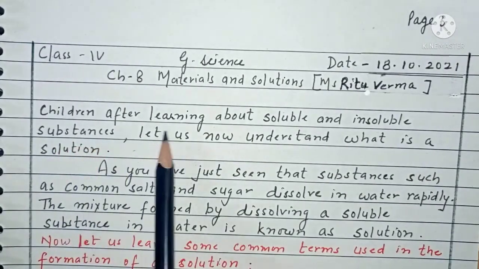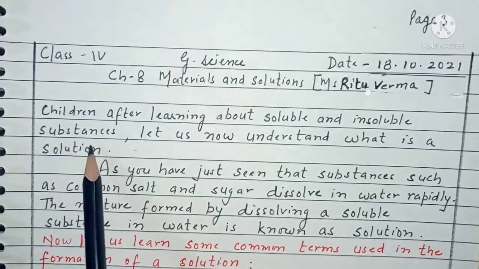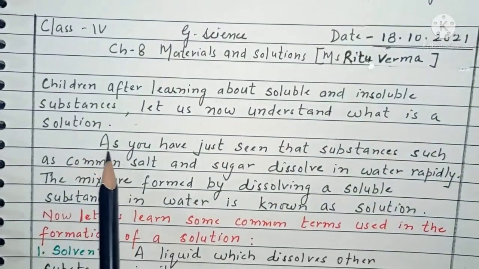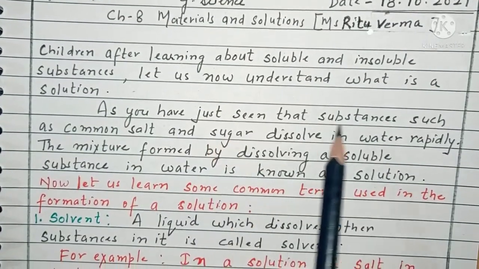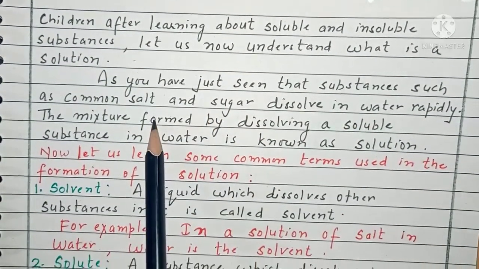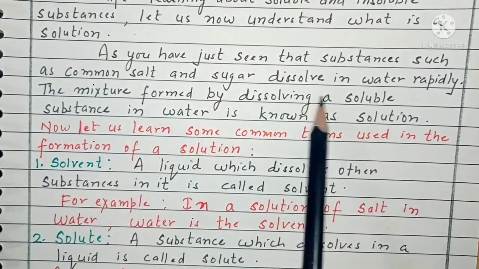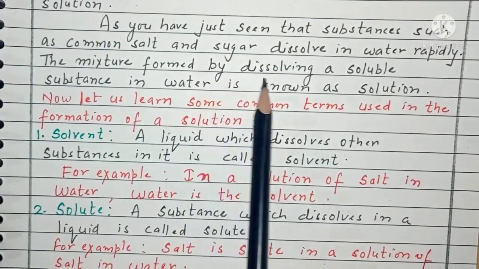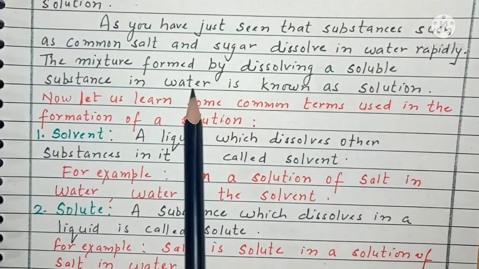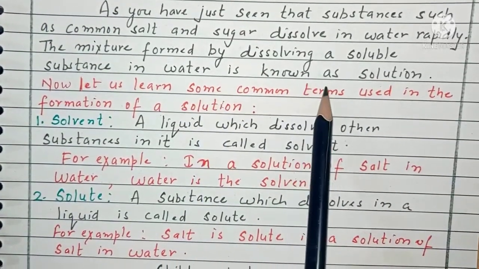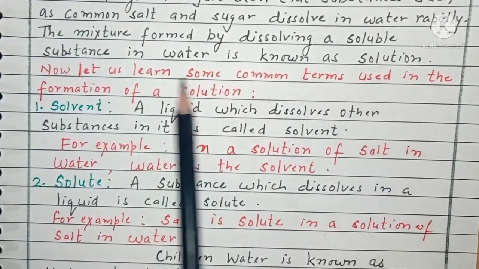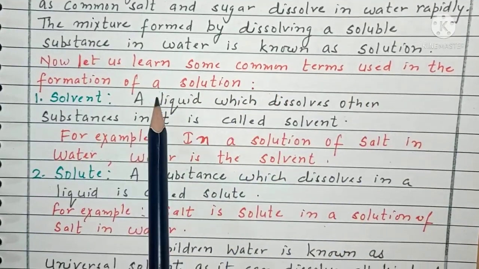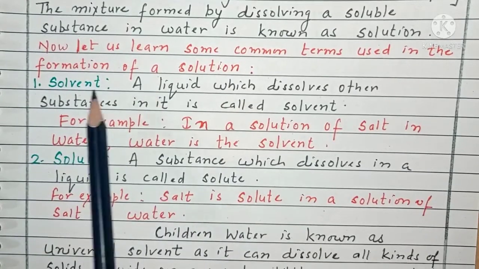Children, after learning about soluble and insoluble substances, let us now understand what is a solution. As you have just seen, substances such as common salt and sugar dissolve in water rapidly. The mixture formed by dissolving a soluble substance in water is known as solution. So, let us learn some common terms used in the formation of a solution. Number 1,